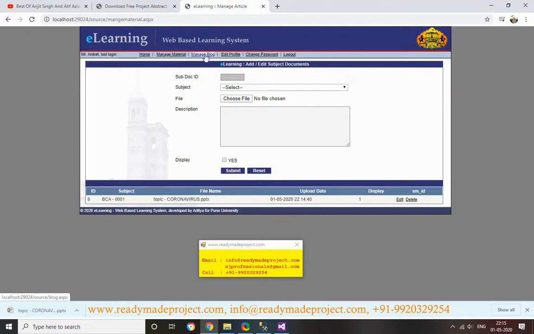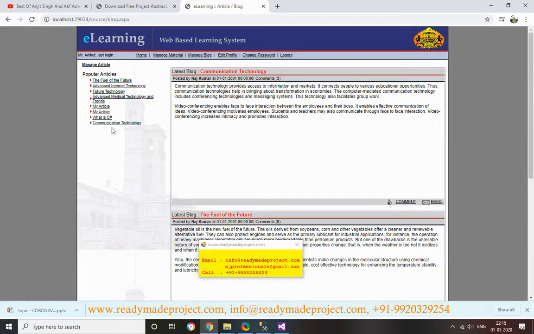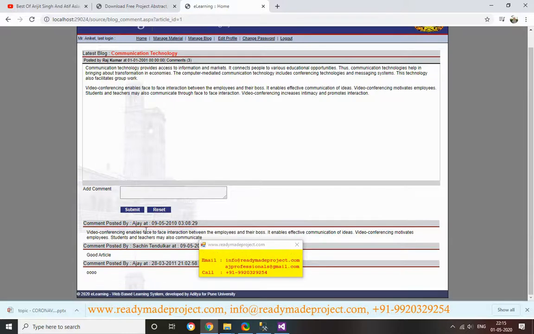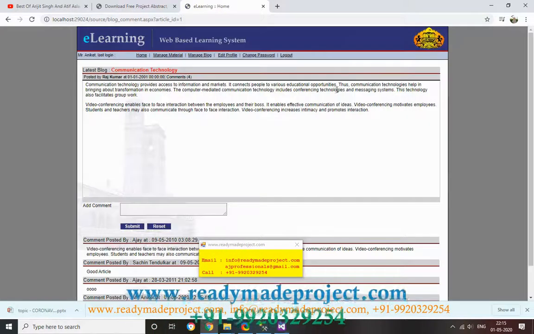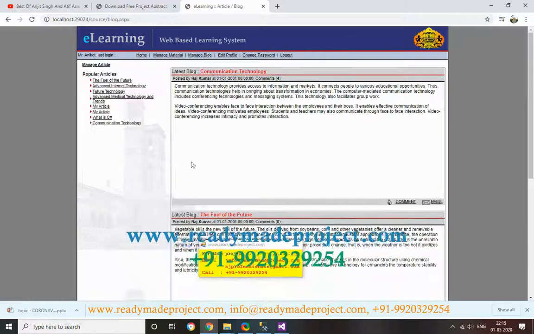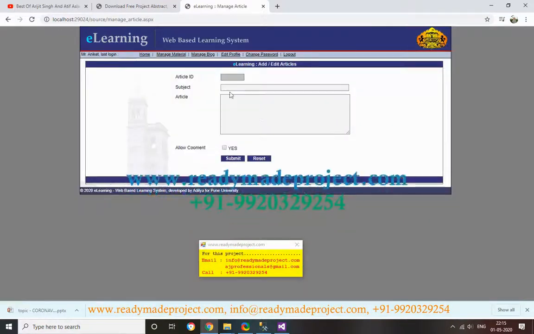Now manage blog. So topic is going on. So you want to participate. So you want to add a comment. So you can add a comment like whatever you want to, you can add, or he can start his own blog also. So manage article. Suppose you want to